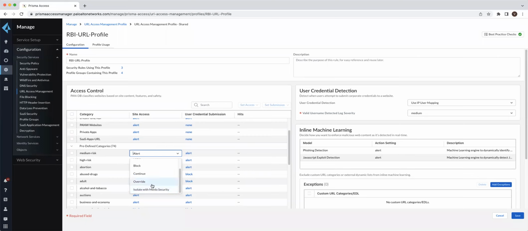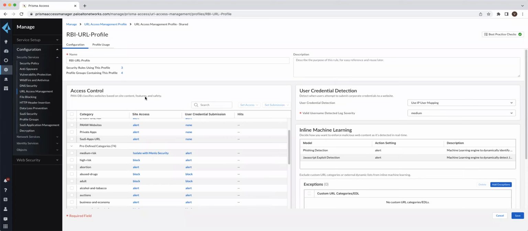For example, Menlo Security is the RBI vendor that we have configured here. If you want to forward a particular URL category to the RBI, remote browser isolation application, you can just click on isolate with Menlo Security, or isolate with whatever RBI vendor, and just save the config. That should be good enough to get the redirection going. This is one of the things that we came out with recently, where we simplified to a greater extent how the remote browser isolation